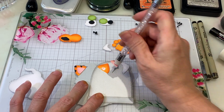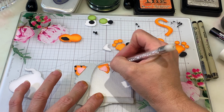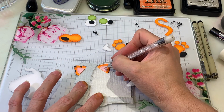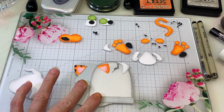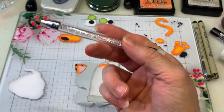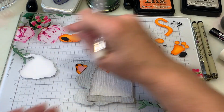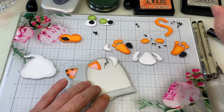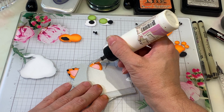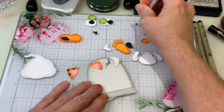So on the inner ear, I did use Basil's pink. It's like a shimmer pink. And then I distressed the edge of this with Pretty in Pink from Stampin' Up. And the tool I'm using is the Viker tool. You get a set of 2 of them on Amazon. And that's what I'm using to pick up my pieces. It definitely helps, especially with these tiny pieces. I'm usually not much for those, so...